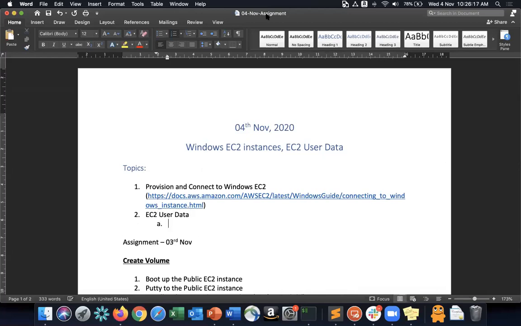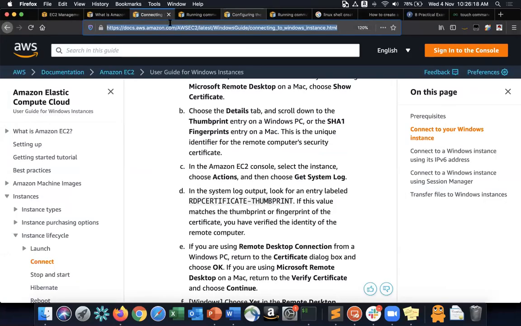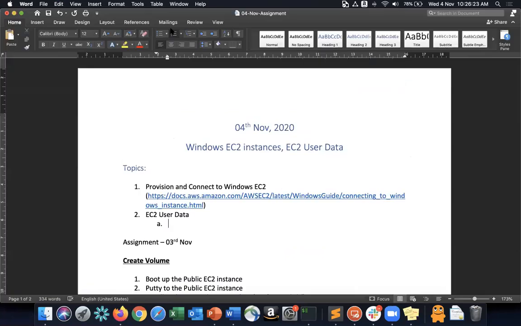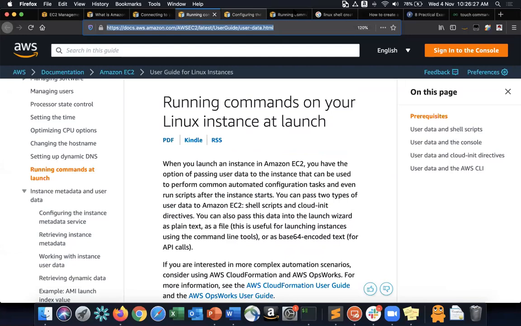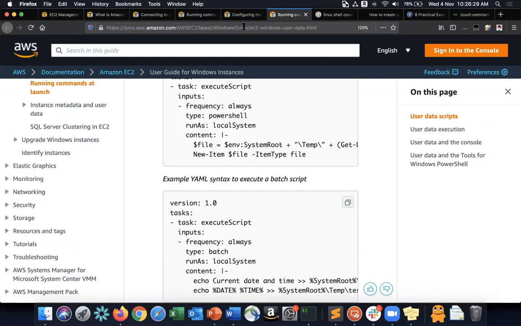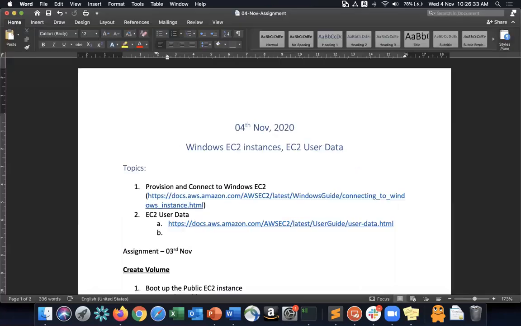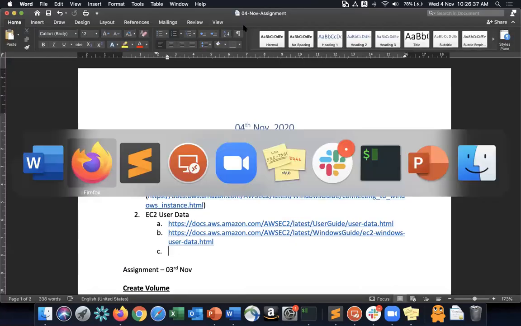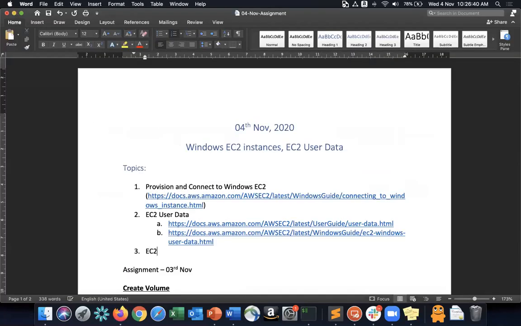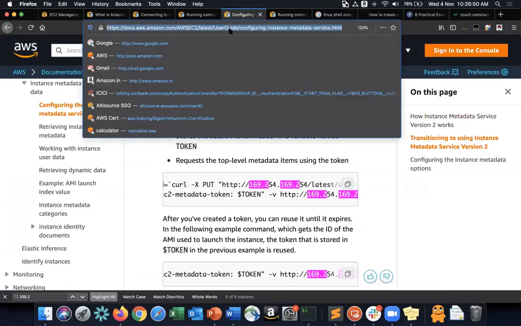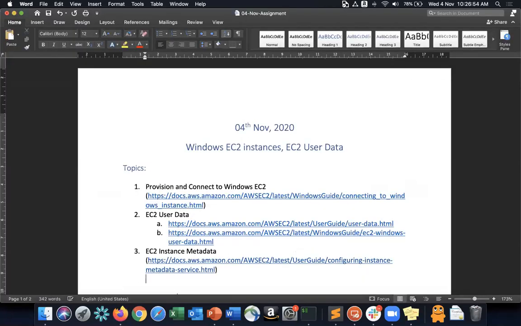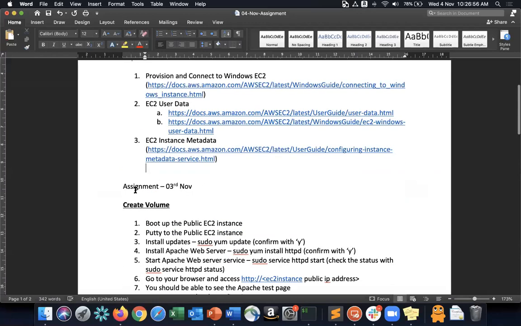EC2 user data. I'm just going to give you EC2 user data here. This is for Linux. This is for Windows. Okay, and then EC2 instance metadata. Okay, so assignment is